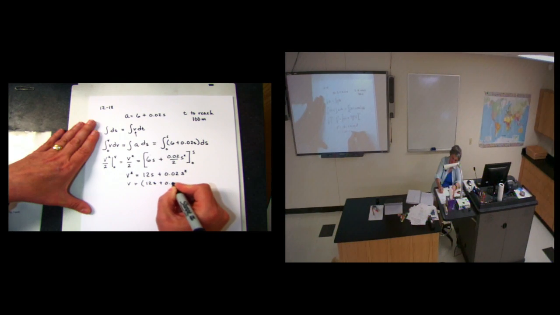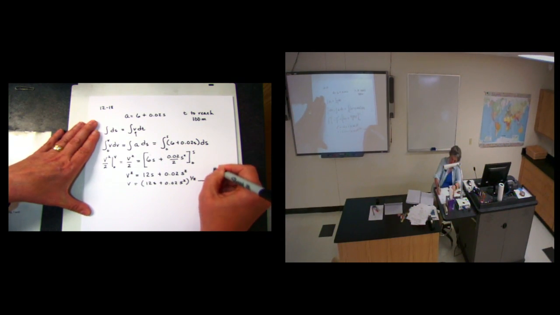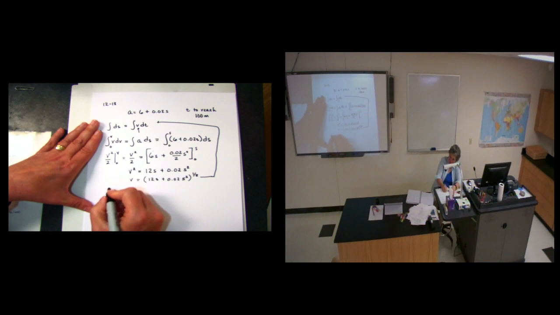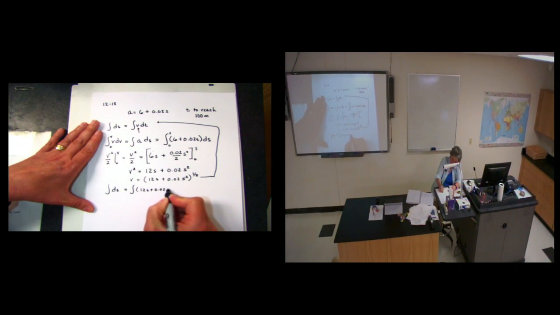Would there be a plus constant of integration along with that, or is that just it? That's what the integral table gives me. And we're going to evaluate this from 0 to 100, because we want to know where we are at 100. So those are going to be our integral limits. We're not going to have to worry about that constant of integration because we do have those limits. Yeah, I got you. It's Appendix A in your book.